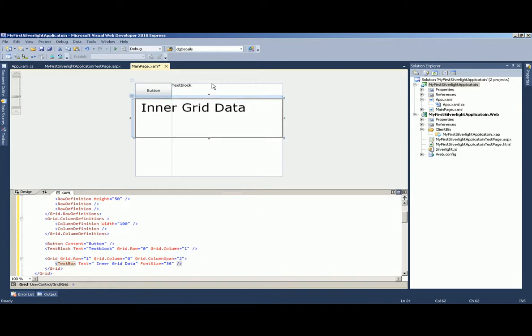See, this is how you can manipulate your grid. You can have another one nested grid also. So this was all about grid, basic layout control.